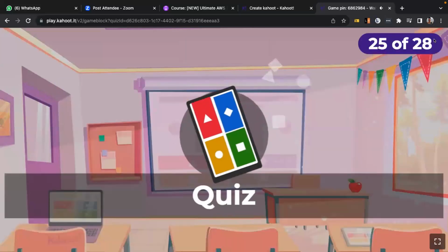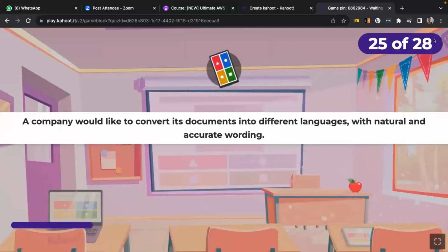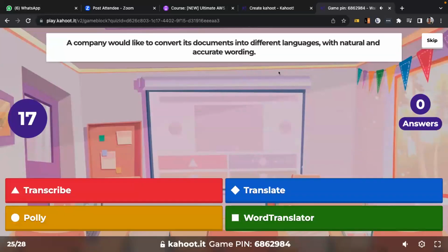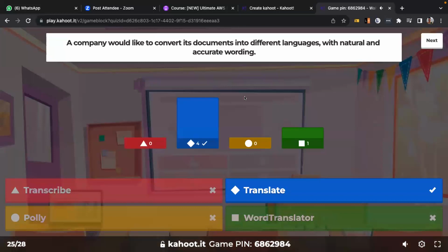So the next one: a company would like to convert its documents into different languages with natural and accurate wording. Okay, Translate, yes.